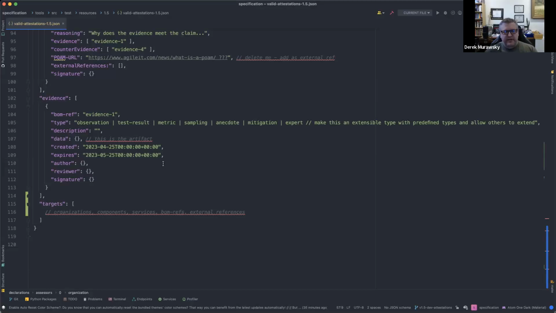It seems a little weird that we could have a targets and just allow a lot of different objects to be in here. Well, if you support a bomb ref or an external reference, both of those have their own type systems. Anything that typically is a bomb ref has a type of importance.